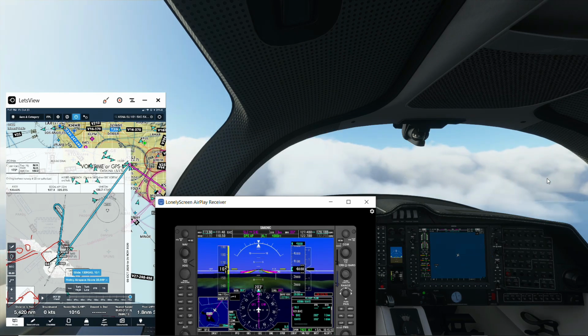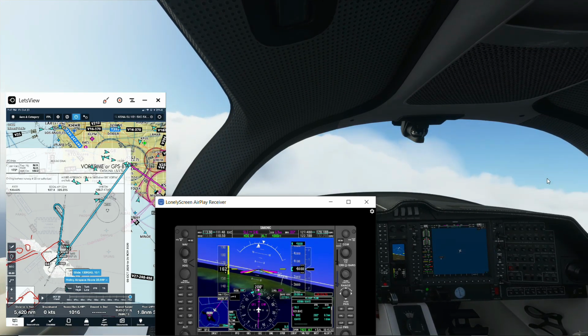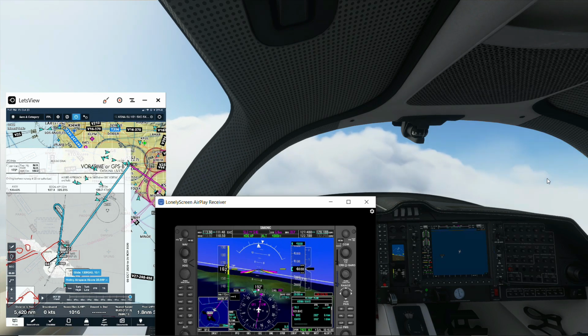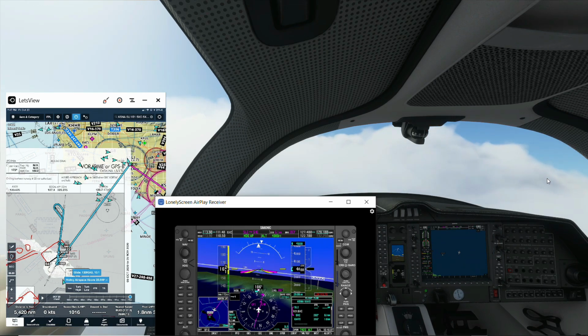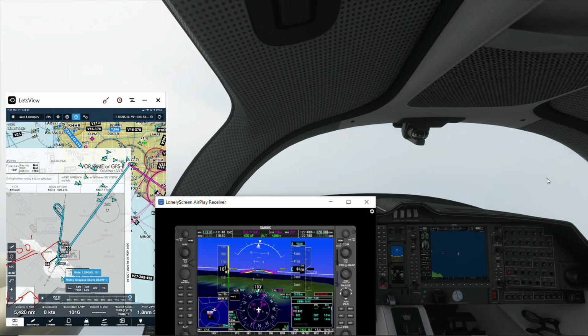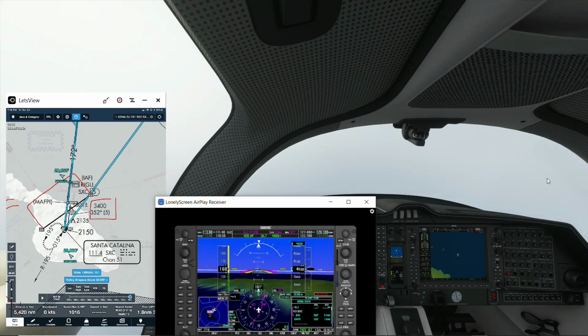Left heading 180, vector Santa Catalina, Delta India. American 224, descend and maintain 6,000, contact Point Mugu approach 124.7. 180, heading mode 180. He is trying to probably make me intercept. He doesn't want me to come at this sharp turn. He's probably bringing me somewhere a little bit east. I'll zoom in a little bit east, so when I make the turn, I can intercept the